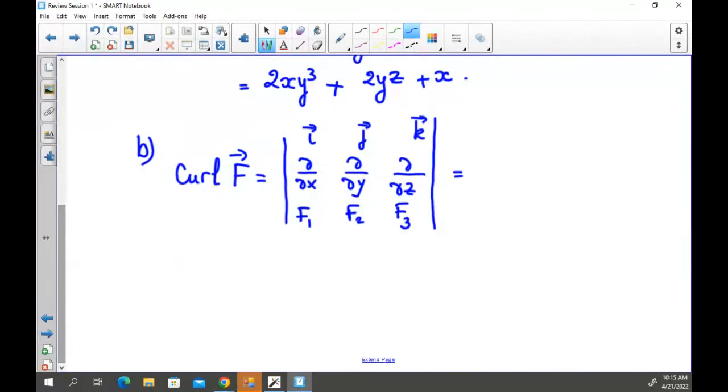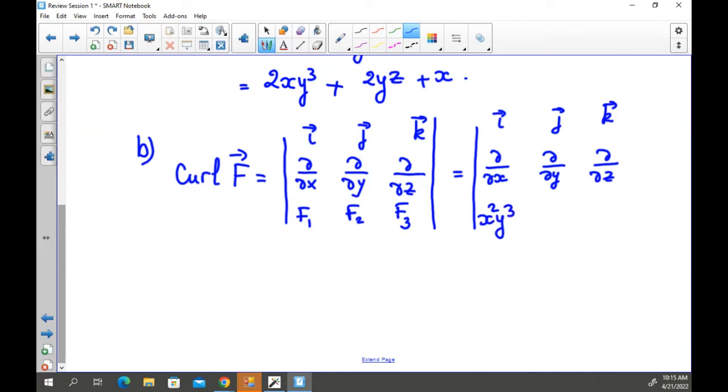So in this example we have in front of us, it's going to be i, j, k, d over dx, derivative with respect to y, derivative with respect to z, and then I put f1, which is x squared y to the power of 3. The f2 is y squared z, and f3 is xz, like this. And then we do this. It's i,